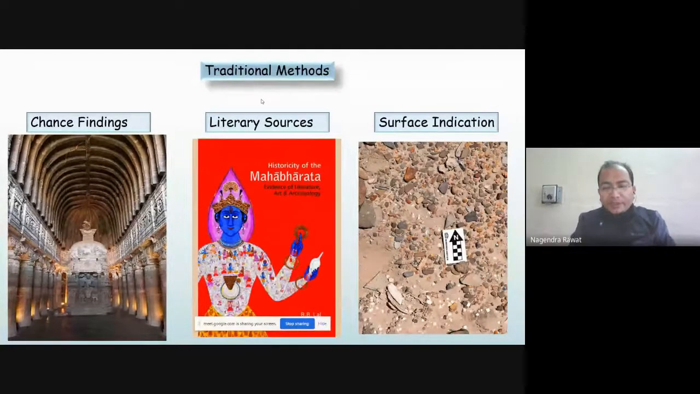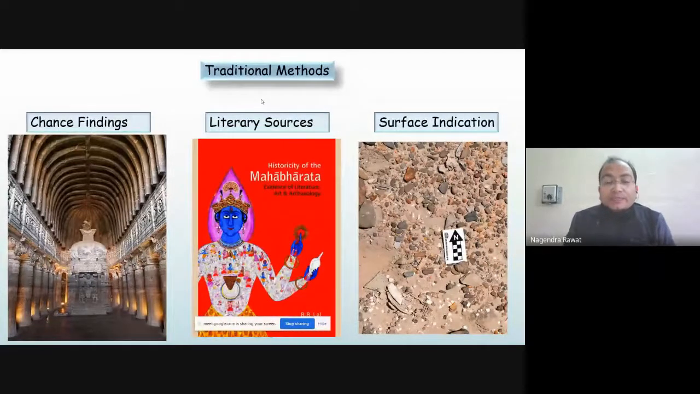because after rain the dust, or the soil on the surface, is washed out, and sometimes some archaeological features come to the surface. Many times we see in the news and on social media that some temple has come out after the rain, under the road. So surface indication is also an important